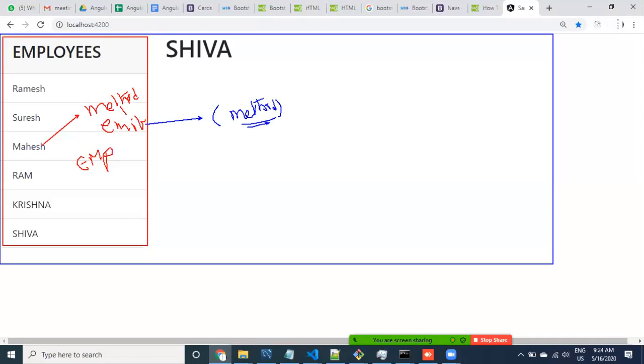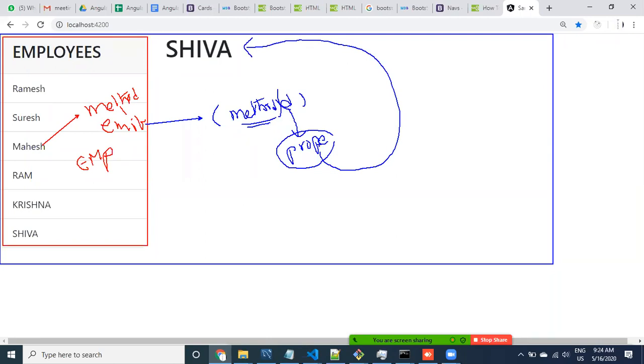In this method, it is receiving some data. Selected data is coming to this method. Whatever data is coming, we are setting into one property. This property is being used in the app component class. This is how the data flow happens, from parent to child to parent. The communication from child to parent, how can you communicate, means using the at the rate Output event emission, using the EventEmitter class. All right, guys.